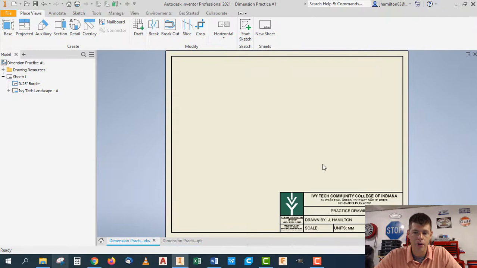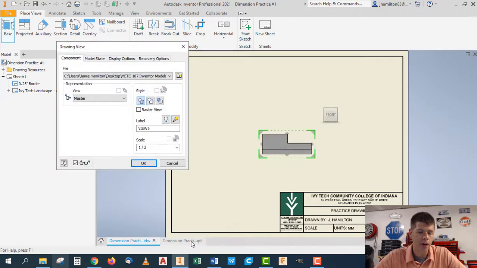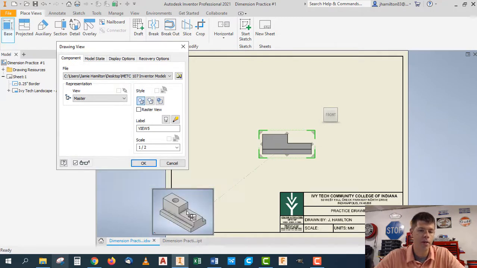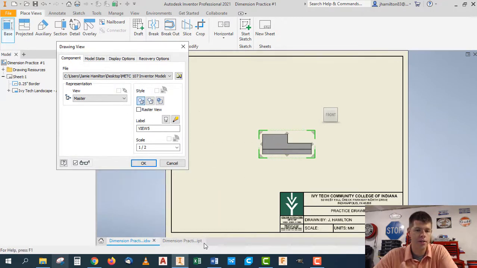So let's go to our drawing page and set up a 3-view multi-view drawing with an isometric view up in the corner. Standard drawing setup, right? I'm going to go to base, and you can see since I have my part file open in the background, Inventor makes an assumption and says, oh, hey, I see you're working on this part file in the back. That's probably what you're doing for the drawing too, right? And so it automatically populates the file path in here for the model that you have open in the background,